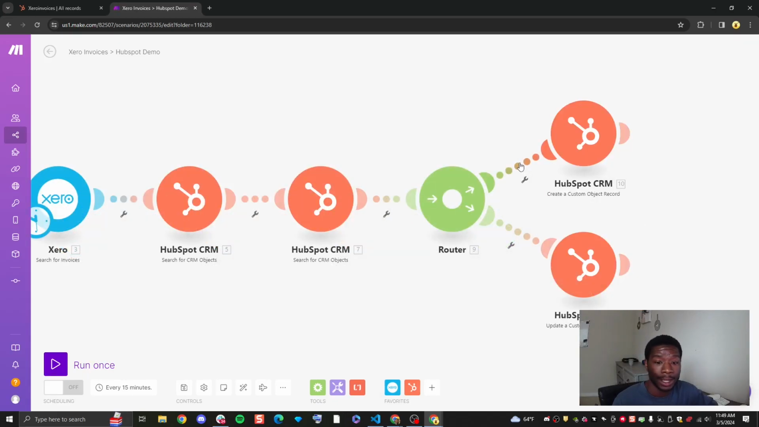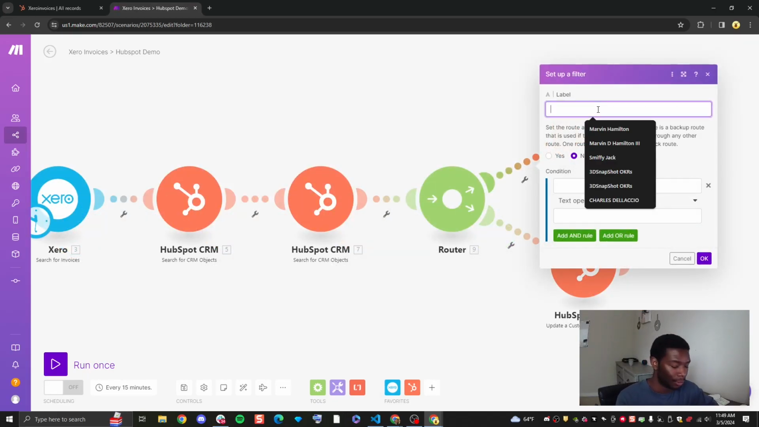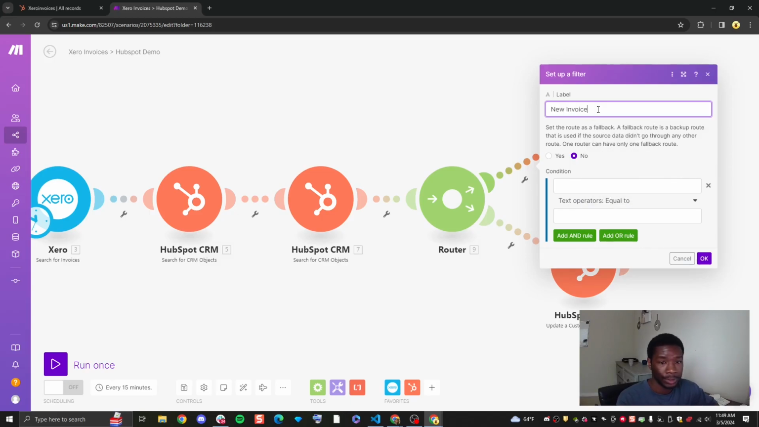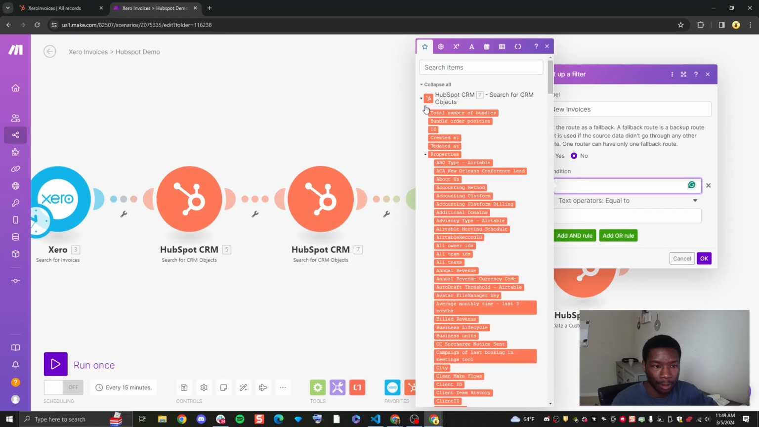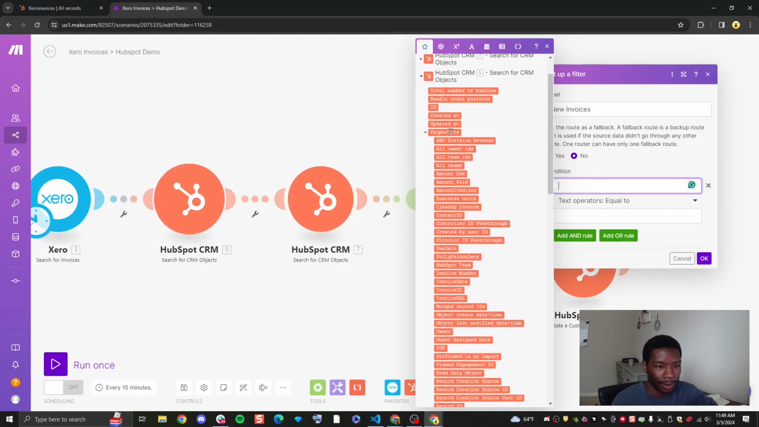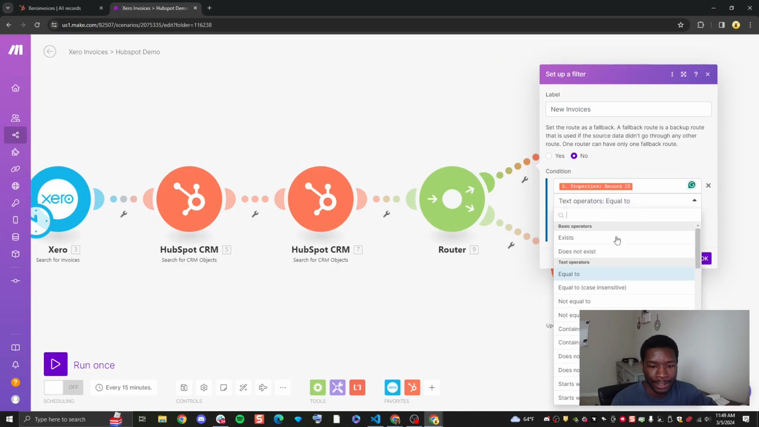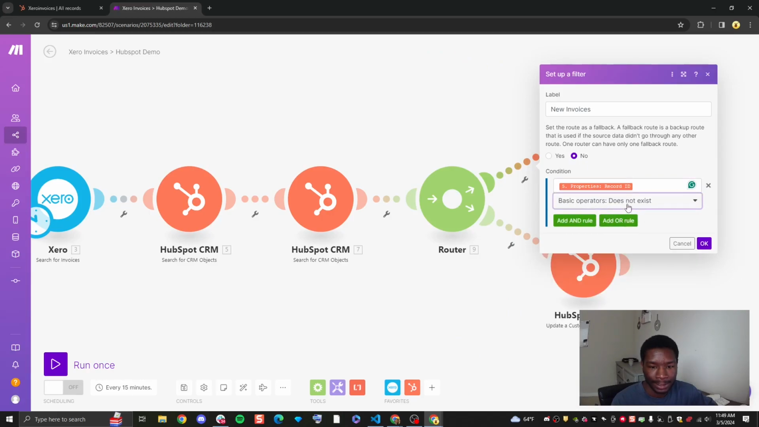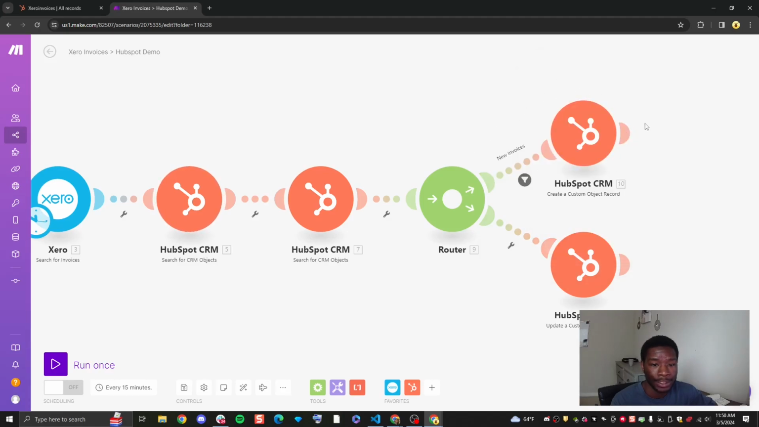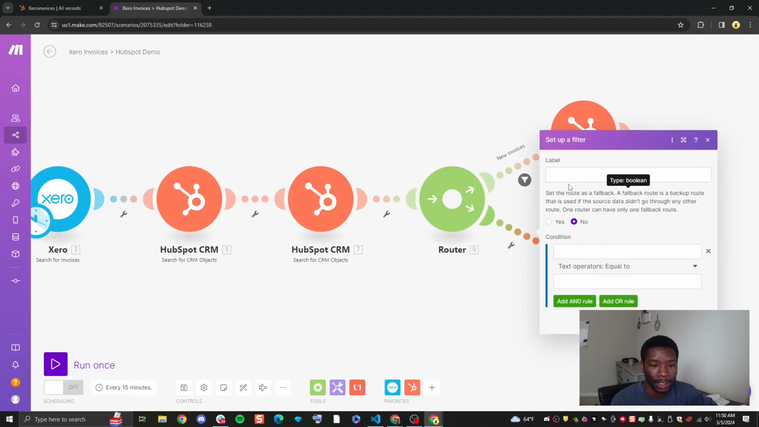So leading to our create a custom object record, we can add a new filter for new invoices based on the output of our first search module and the record ID of it. Then we can use a basic operator that says does not exist. Now when data flows through to our create a custom object record that doesn't have a record ID, it'll be accepted through this filter. Then we can do the same thing from the data flow leading to our update a custom object record,